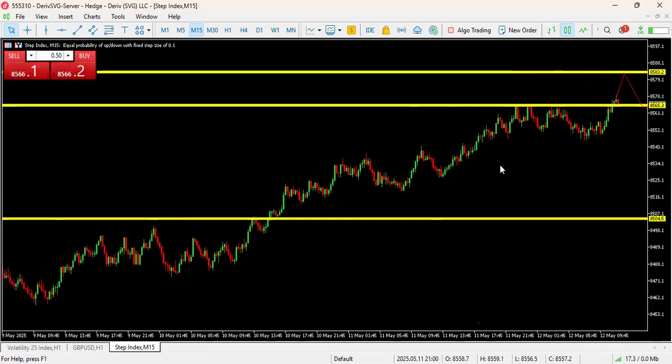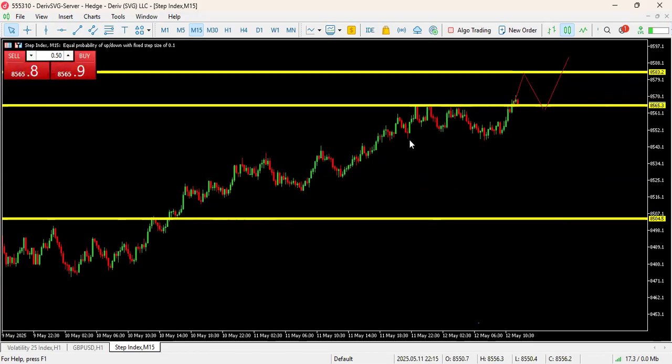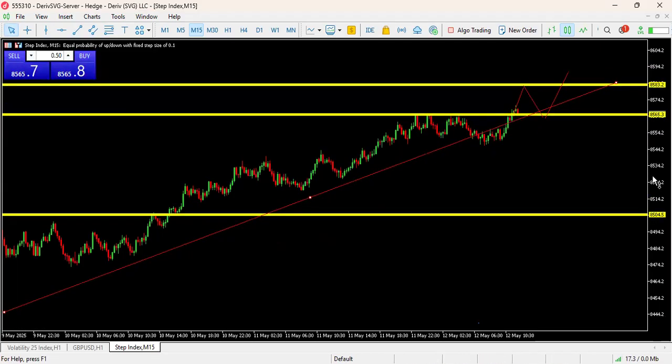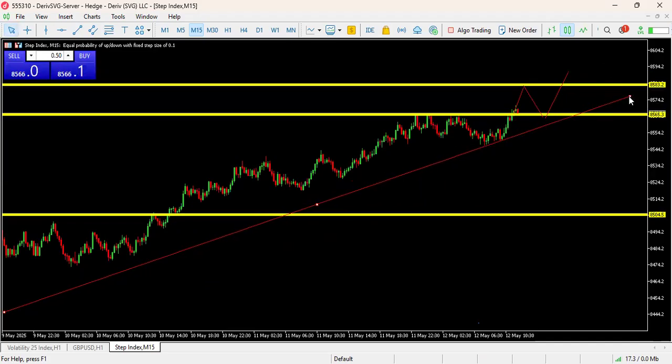If we draw our trend line from this swing low to this swing high, can we use the trend line to take the trade? For example, if the market pulls back to the trend line, can we use it to buy? Yes, maybe you draw your trend line from that swing. So if the market pulls back to this trend line,